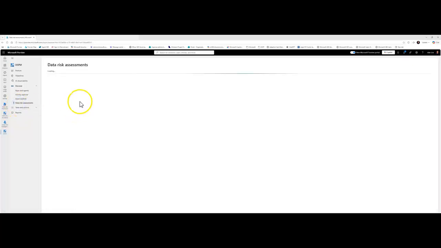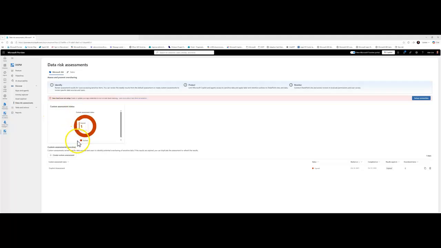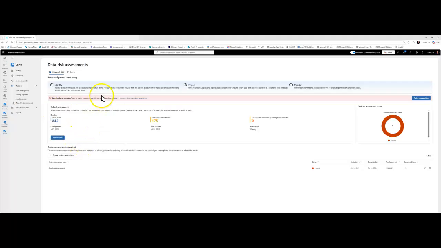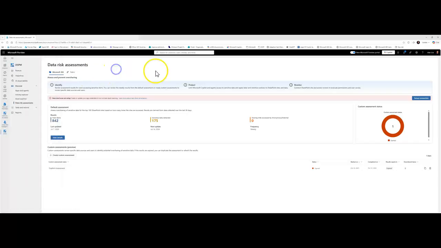Data risk assessments. Let's see if we've got some of this stuff going on here. We do have one custom assessment. We talked about assessments out in the, what am I trying to say? The Purview Compliance Manager. We've got some assessments there, and so this is some of the